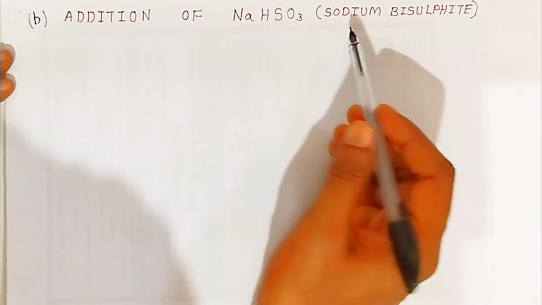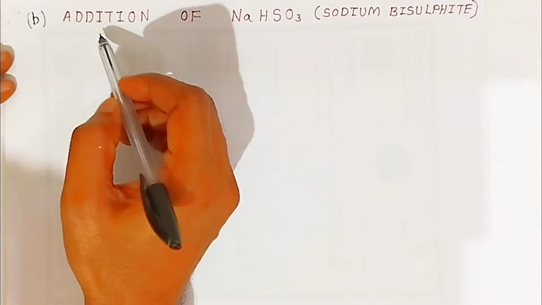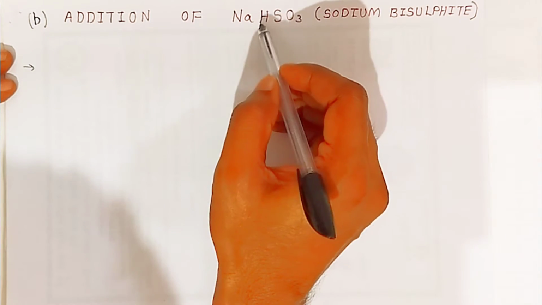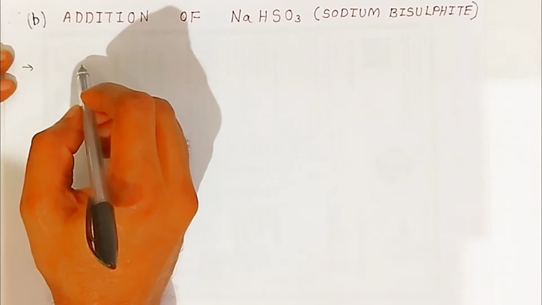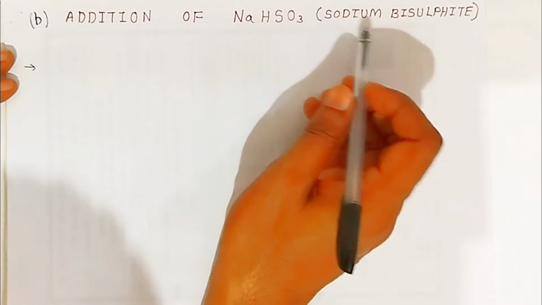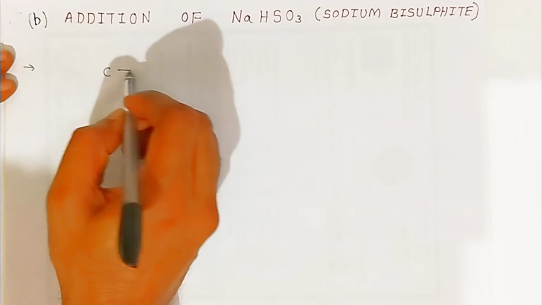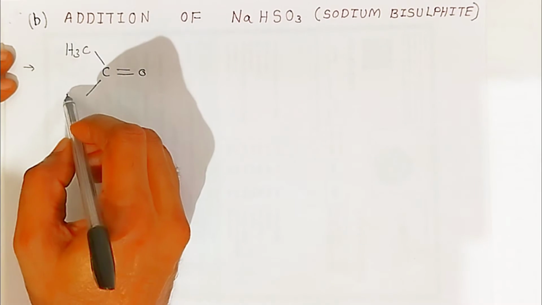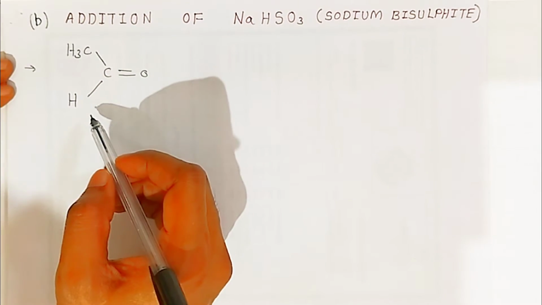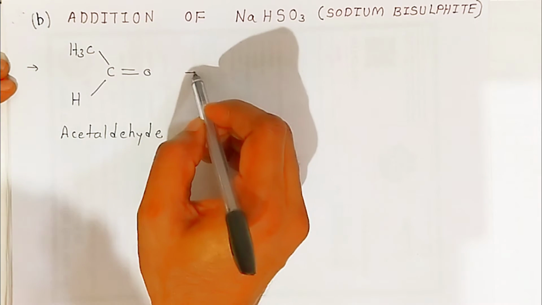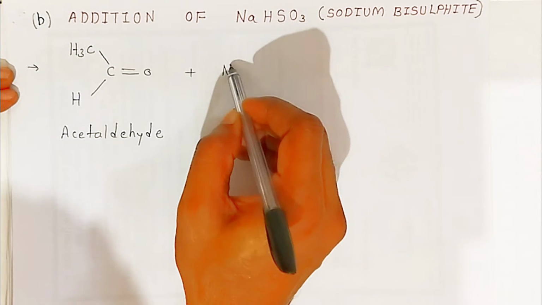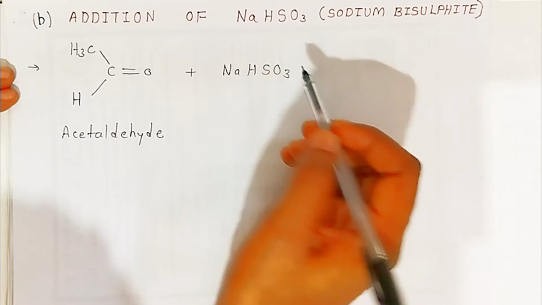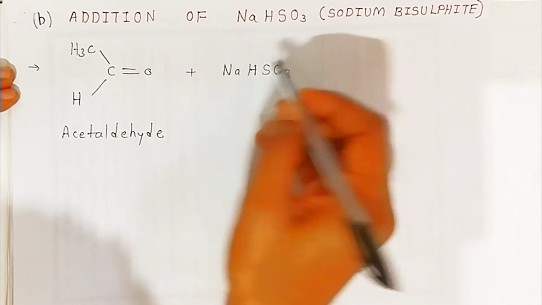Addition of sodium bisulphite. Now here students, we are going to see, this is the nucleophile, sodium sulphite, and this hydrogen will be positive charge. So first we are going to add this sodium bisulphite to an aldehyde. This is the carbonyl, 2 valencies, 1 valency by methyl, the other by hydrogen. So this is called acetaldehyde. When added to sodium bisulphite,